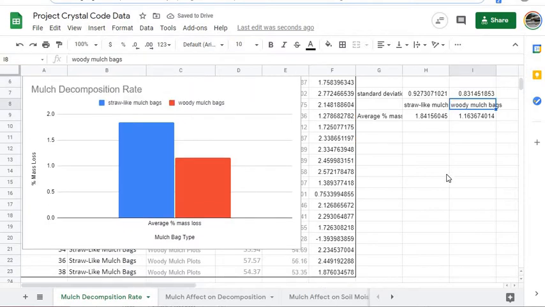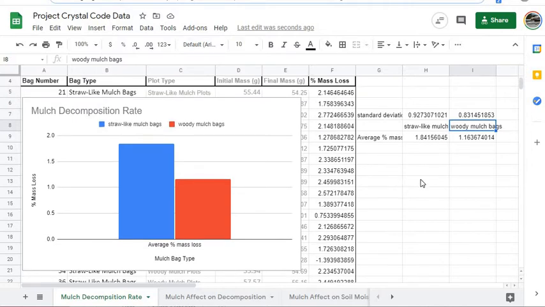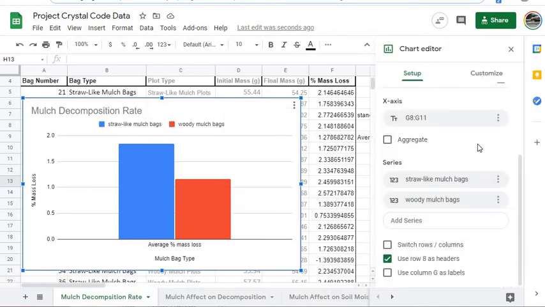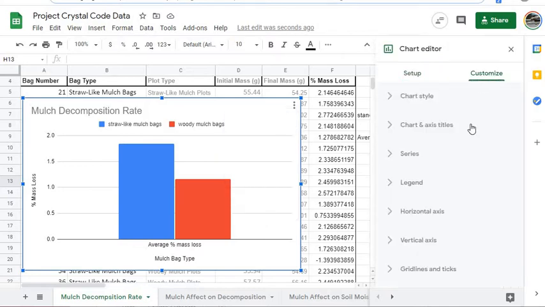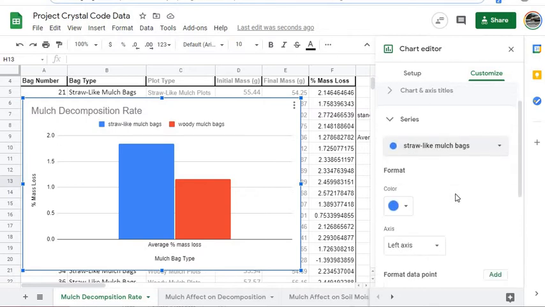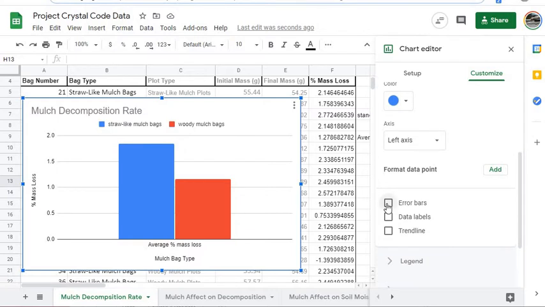And to really understand our standard deviation values, we're going to want to add error bars onto our graph that show what one standard deviation away looks like compared to our mean. So in order to do that, we can click on your graph, click on the three little dots, edit chart, and then you can go into customize and series. And we want to do it one at a time because our standard deviation was different for each one. So I'm going to start with the straw-like mulch bags, scroll down, select error bars,